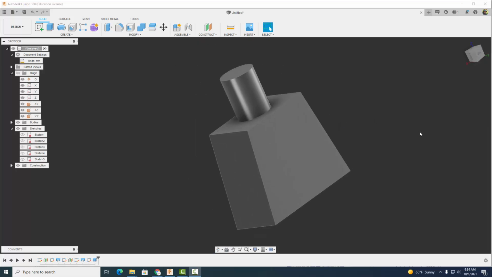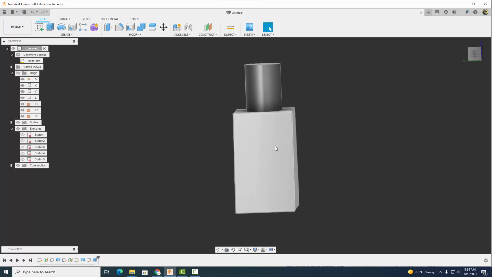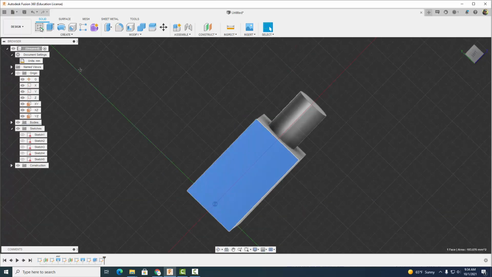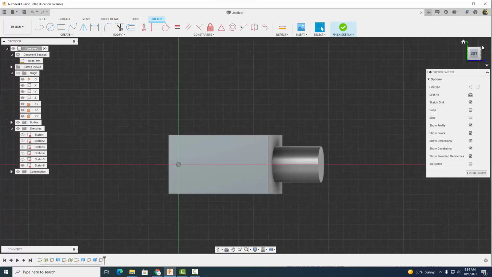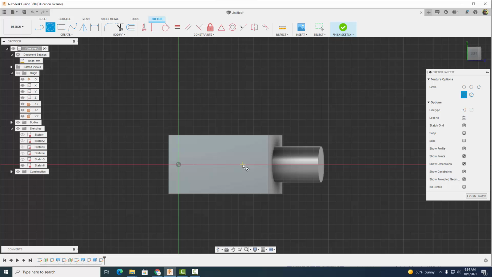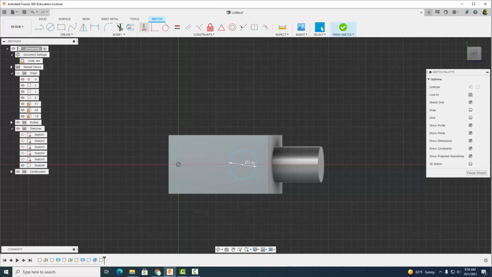Now let's go ahead and create the holes for our arms to go into. So we're going to start a sketch here on this surface. I'm going to rotate it around. We'll start a circle somewhere right around in this area, right over here. And we want it to be a diameter of 3.8 millimeters. Okay, and then we're going to dimension it so we can tell from this edge we want it to be